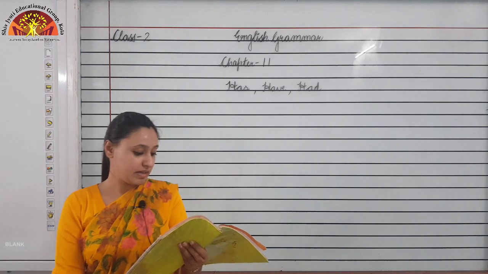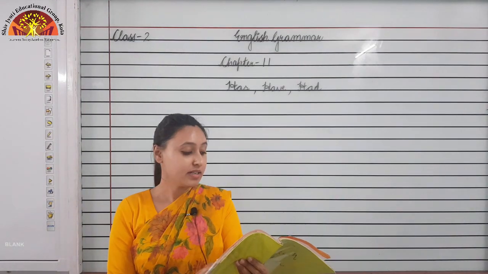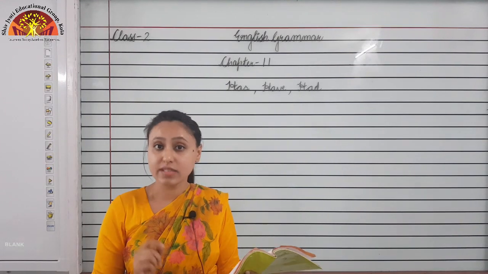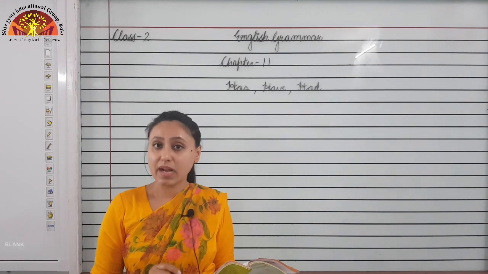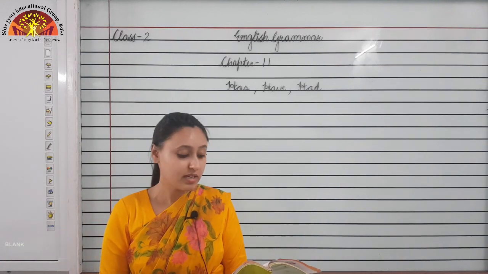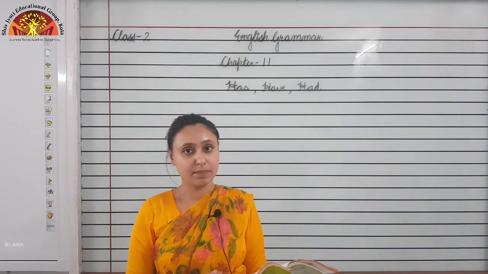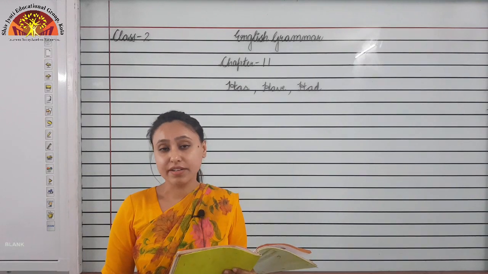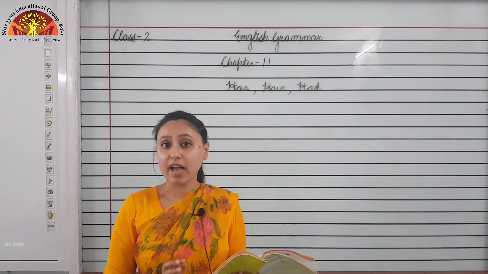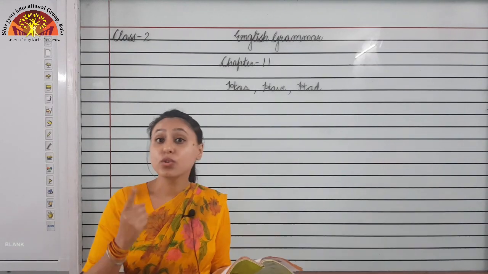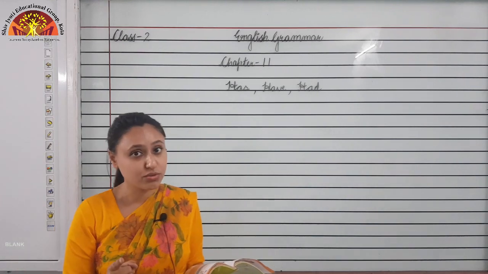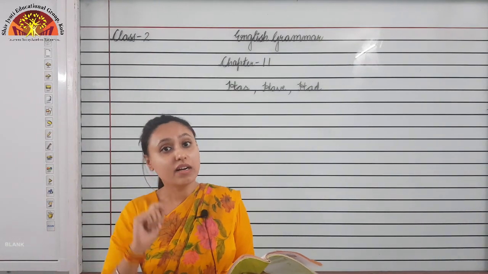Now let us learn about had. The verb had shows that something belonged to someone. This is used for past tense, things which already happened in the past, okay, things which are already done in the past. Like I had a red dress. So this means earlier I had a red dress. Like you had a blue t-shirt. So that blue t-shirt belongs to you and you had that t-shirt earlier with you.